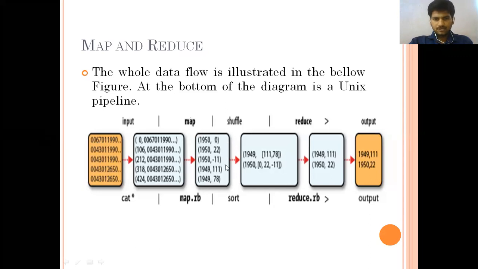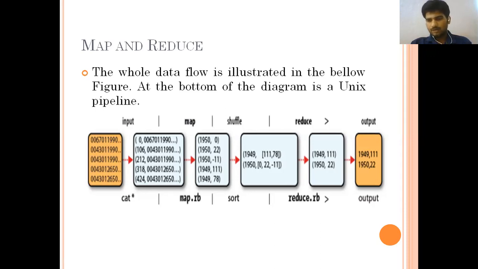And this is going to be sorted out. This is the final, the above line is about how the general flow works: input, mapper function, shuffle and reduce, and output. In the programming way, the cat command is used to find out the data. The same way the ls command is used to list, the cat command is used to sort out what exact data is needed. That data is going to be taken from the raw data.